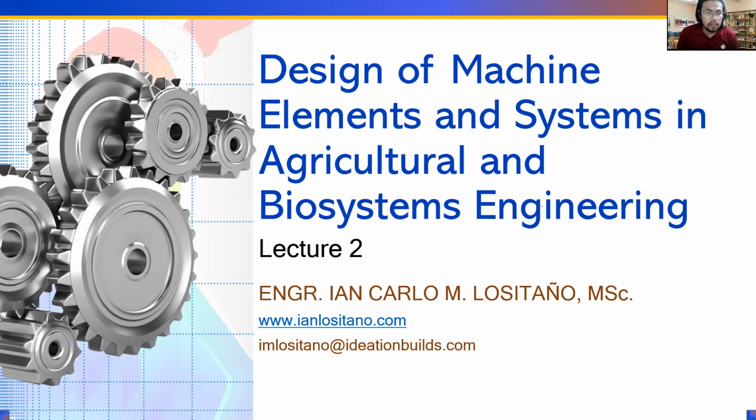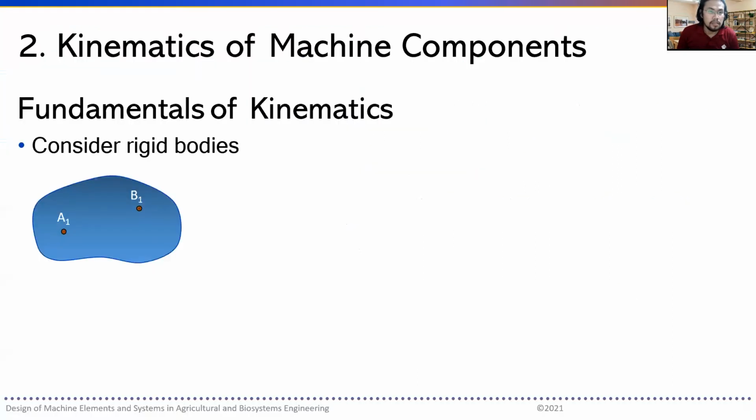Now, again, kinematics is founded on the basic knowledge on the theories of statics and dynamics. And in kinematics, consideration of rigid bodies is made, and since it's kinematics, there's movement, there's displacement, there's velocity and